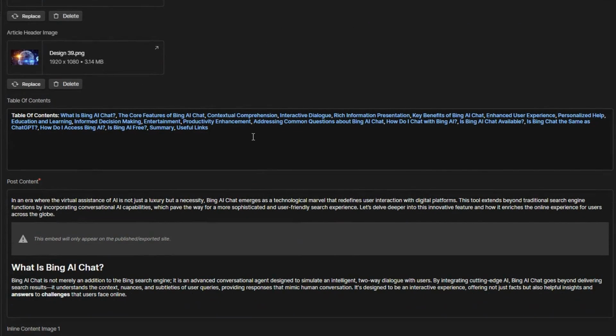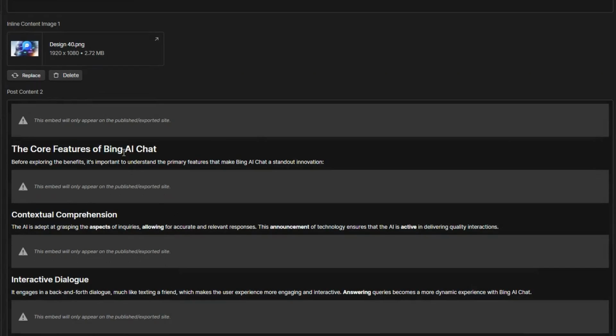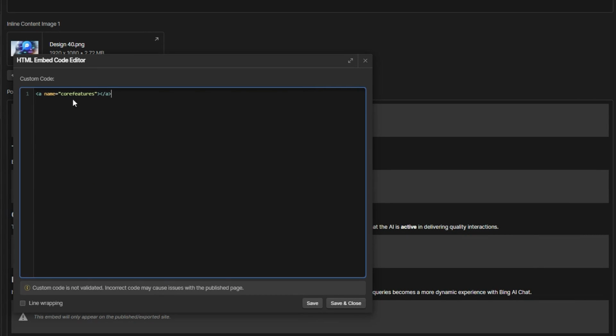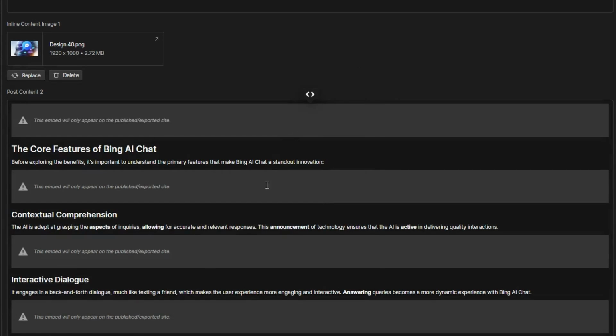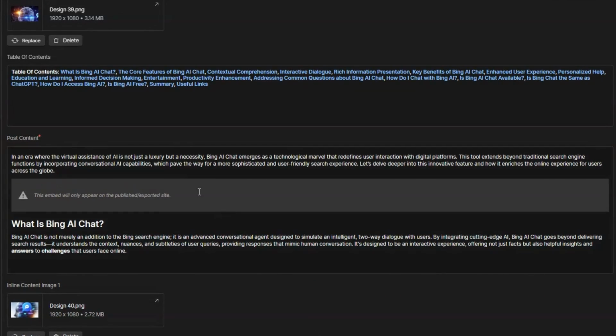Now, this next section does take a little bit of work, but if you don't put in the work, you won't get the results. So this is the table of contents and each one of these has a tag on it that will take the user to that section. All makes sense. And depending on your CMS, it gets done differently. So how the table of contents works in Webflow is you give each item in the table of contents a tag. So if I click on this one, you can see it says core features. And if I go down to core features and we click here, there's a link above it so you can see core features. So when the user clicks it, it will take them down to that section. The reason I've put in the effort to add that functionality into this article, because there is a chance we could win the featured snippet.